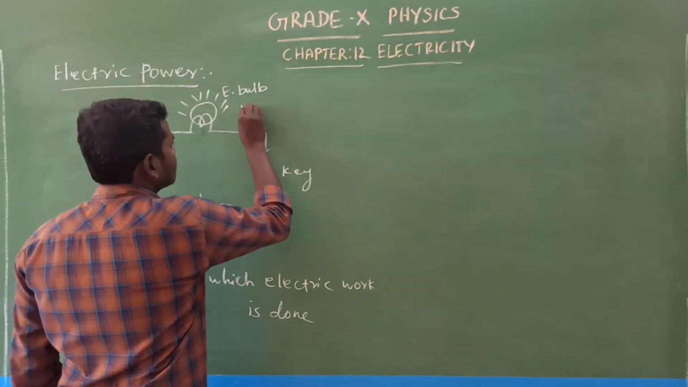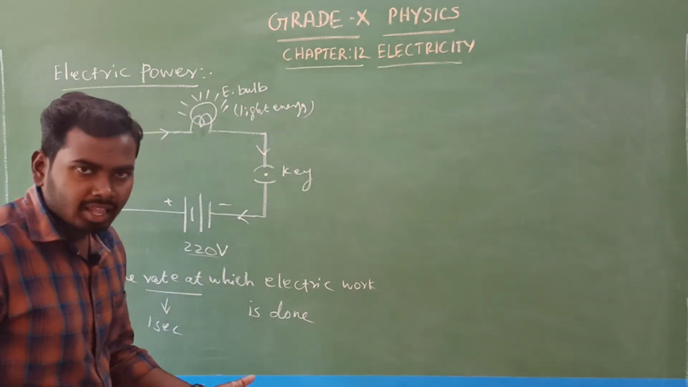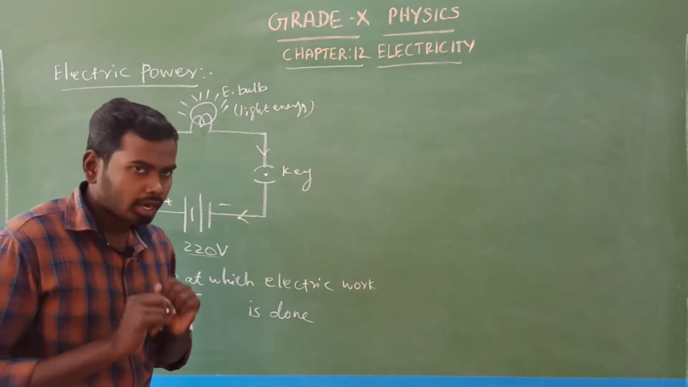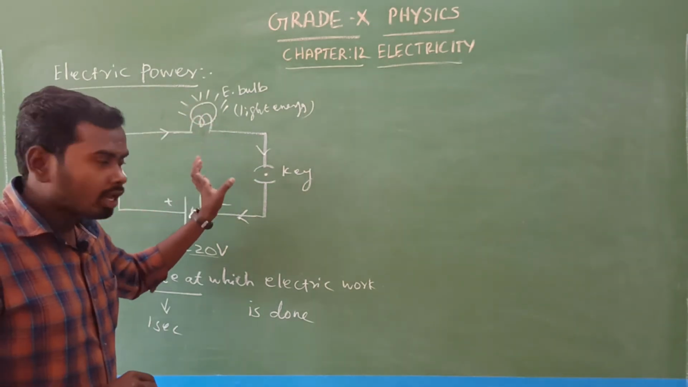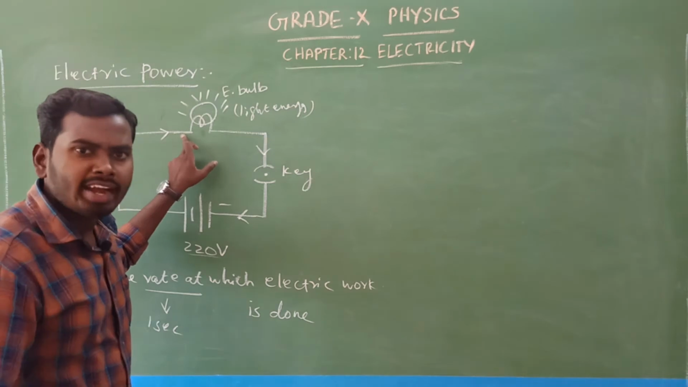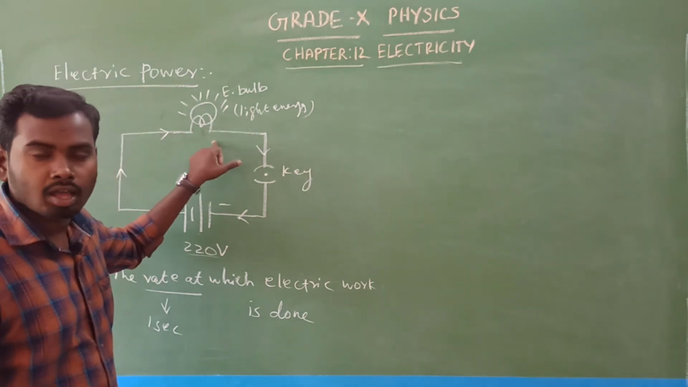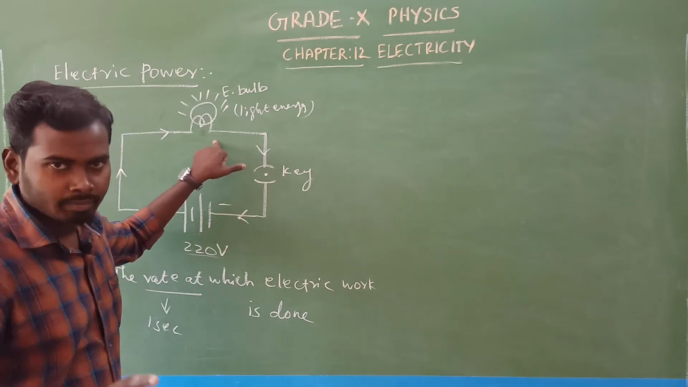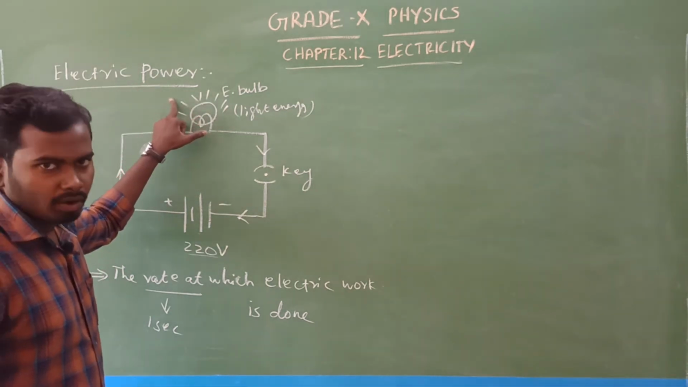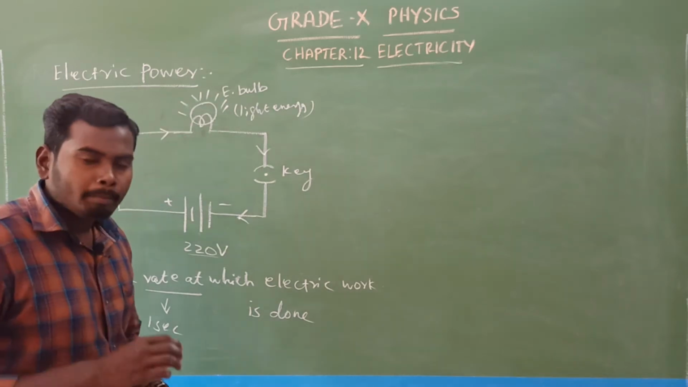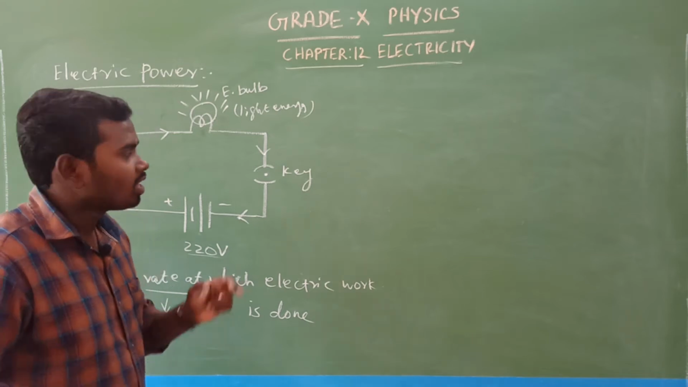Am I right? Yes. Look at here. Here the work is done. Here the electrical work is done because electrical energy gets converted into light energy, which means another form of energy. So obviously here work is done, which means electrical work is done. Is it clear? So that is called electric power. Per second, how much electrical energy gets converted into light energy, that is called